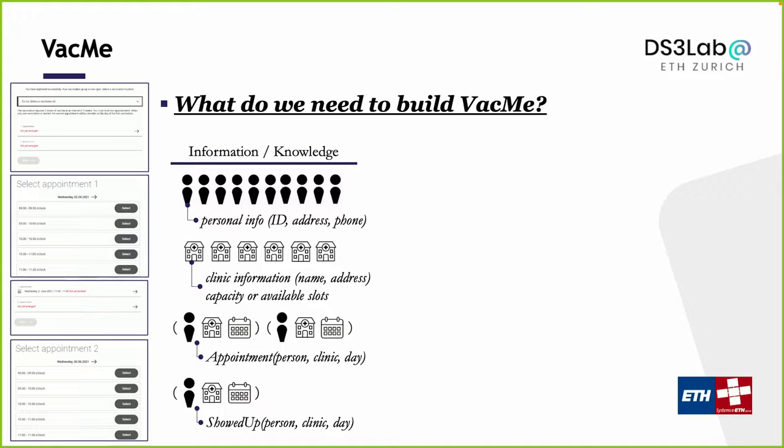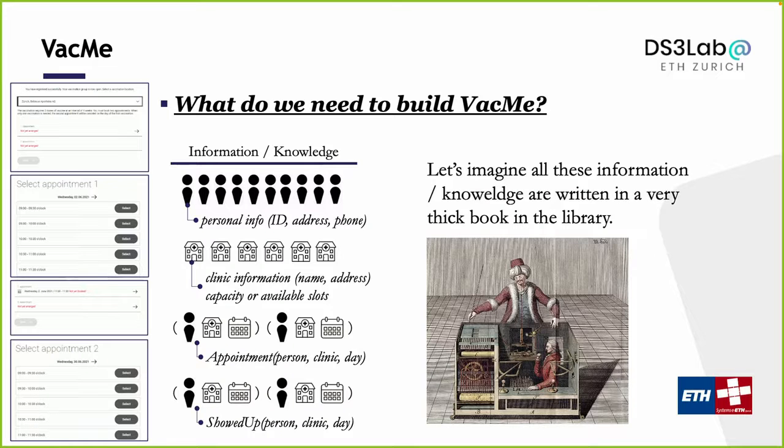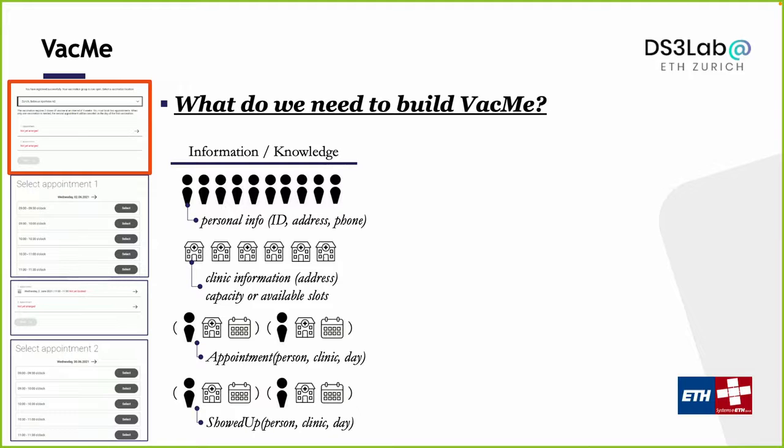So to build such an application, to build that website, there are two different dimensions. Let's not worry about how we are going to store this data, how we are going to manipulate this knowledge. Try to imagine at this moment, all the things you know about this application are written in a very thick book in a library that you can just read, okay? So what do we need? Assuming you want to build the first thing, given a clinic, how can I find out how many appointments potentially I could make? To enable that,